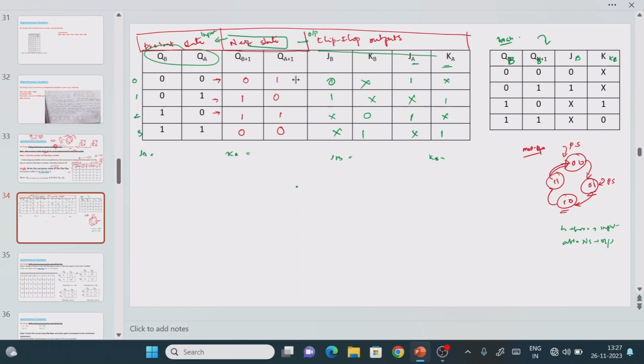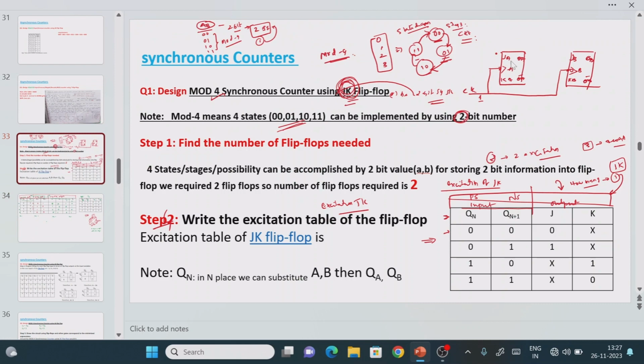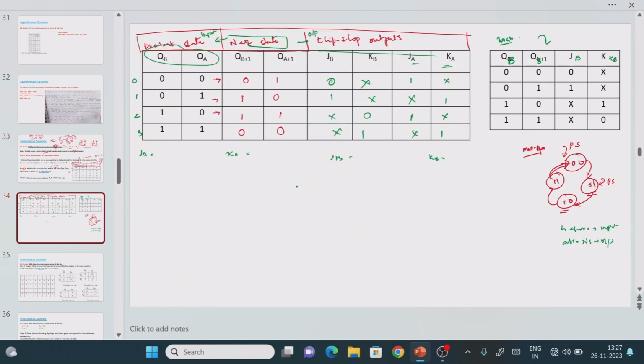Now see that, finally, as I told you, we need to find out the logic expression that we need to attach here, right? How to find out the logic expression? We have only the truth table representation or state table representation. From this somehow we need to find the logic expression. The simple thing is that I have the outputs JA, KA, JB, KB. These many expressions I need to find out. To find out the logic expression, what do we require? We require something called the K-map, right? But inside the K-map, what is required? We need to plot the SOP function, nothing but the minterms we need to plot. So here the first idea is that we are going to find out the minterms for each output.